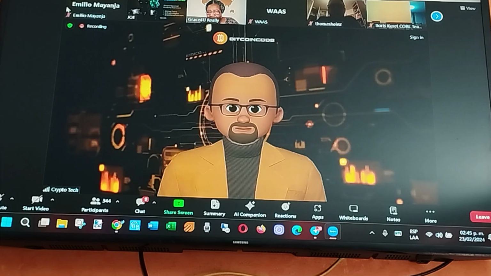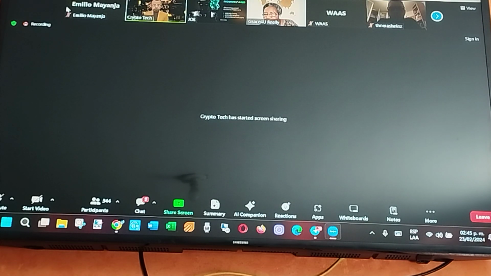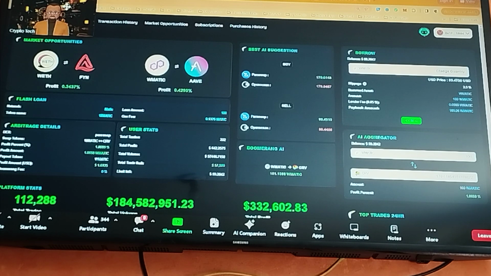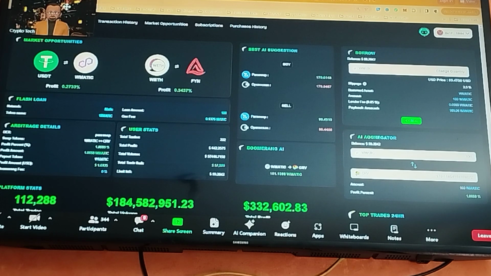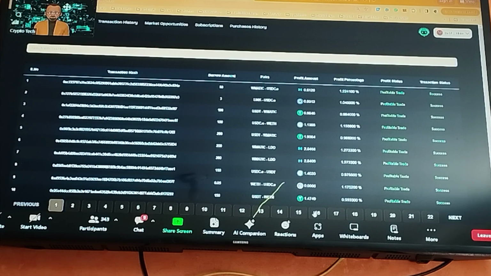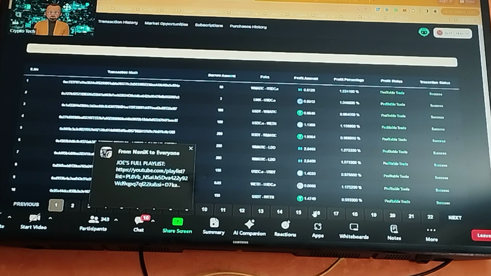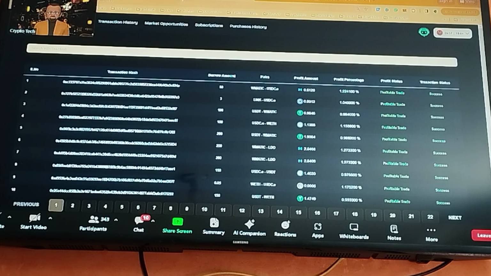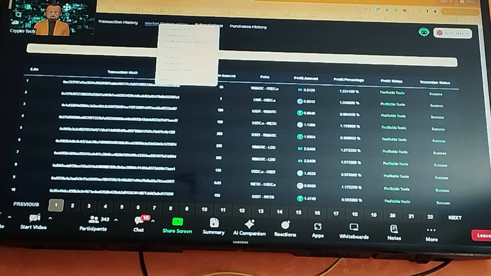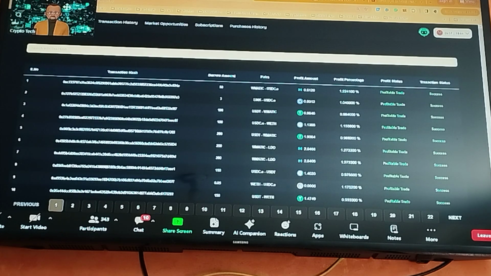So here we go. Okay. Let me just refresh this. Oh, here we go. Disable annotations, so the artist will take a rest. All right, so here we go. Let's go and do market opportunities in a different tab. Open a new tab.